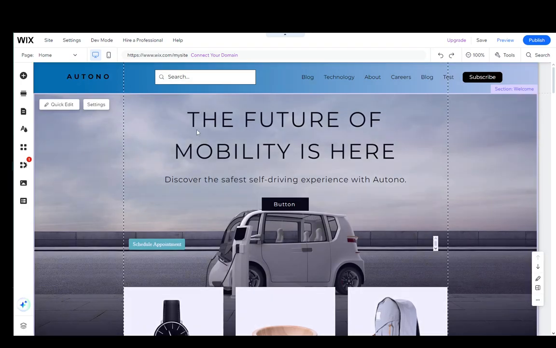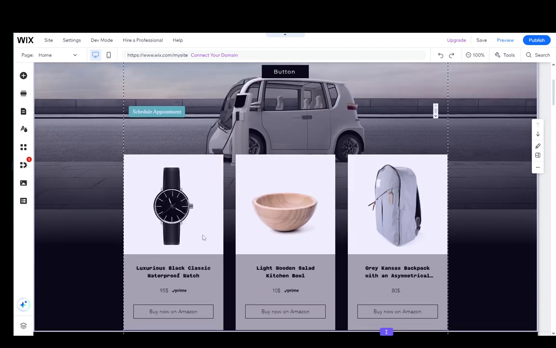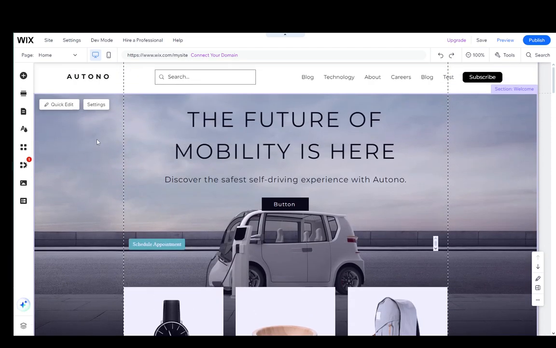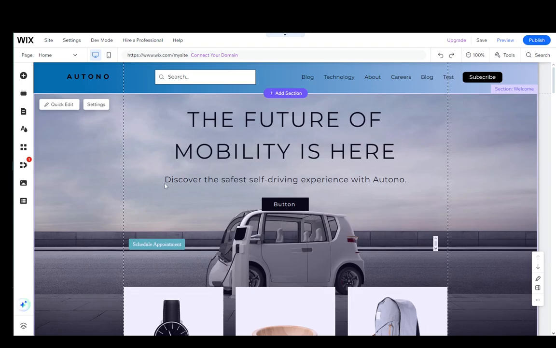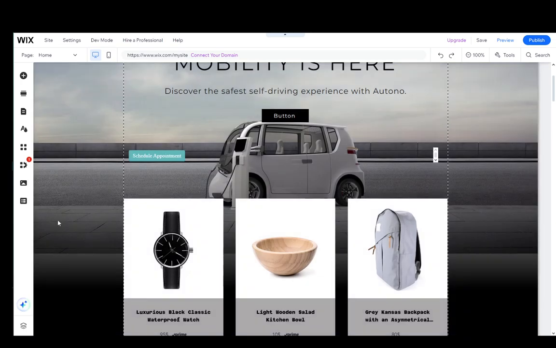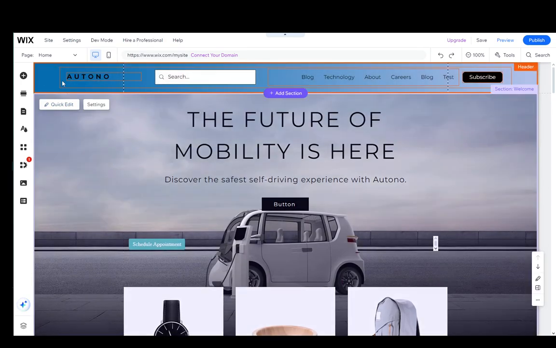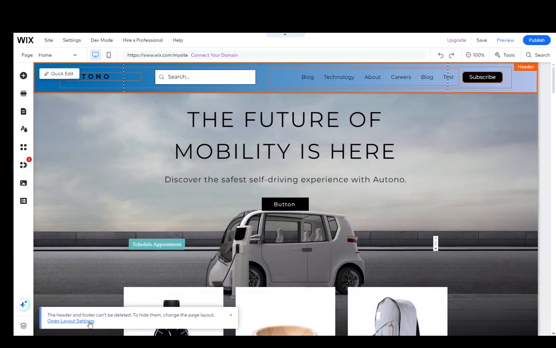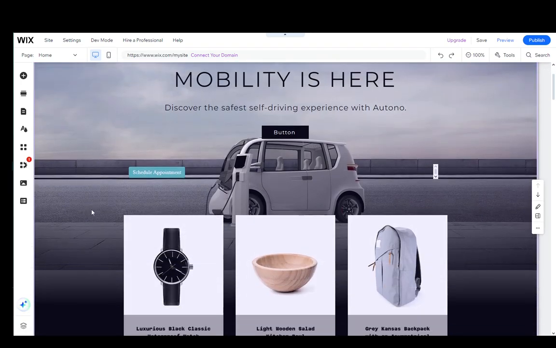Now, some of these certain parts are called sections, and they are pretty big chunks of your sites. They are bigger than elements, of course, but smaller than actual pages, and some of them are, for example, this top bar. This is what is called a section. Now, the way you can delete this is to just press the delete button while selecting the entire section, and as you can see, the header and footer can be deleted, so I'm going to go ahead and go to